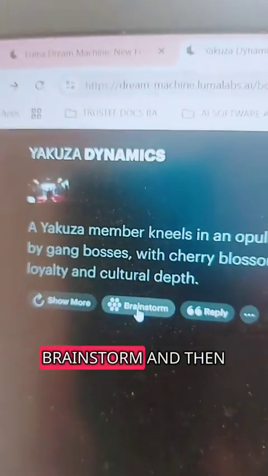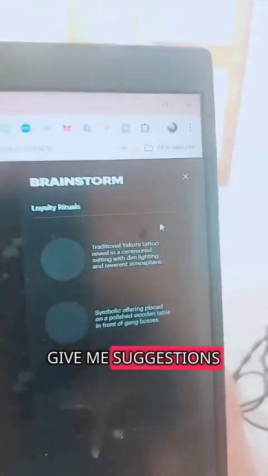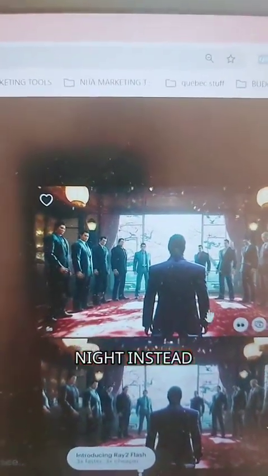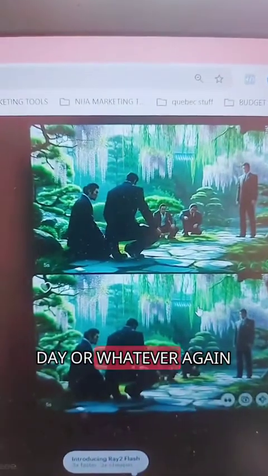Or you can go over here and say brainstorm, and it could actually give me suggestions. Or I could go down here and type in something and say do this but change this, and I could change one aspect. I could say make it at night instead of during the day or whatever. Again, here's some more Yakuza shots.